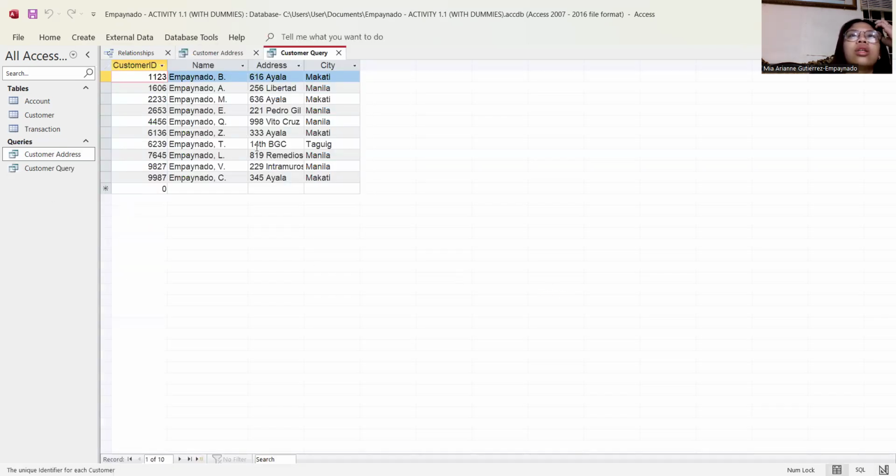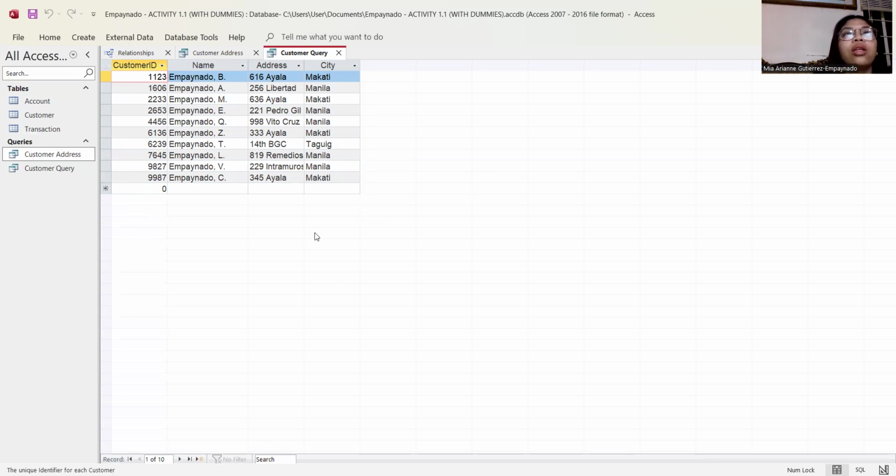Yes, it will show you the customer ID, the name, address, and city. You'll see that the one I didn't include in the fields, which is the mobile number, is not here. So you can sort the fields under the table without doing it manually.